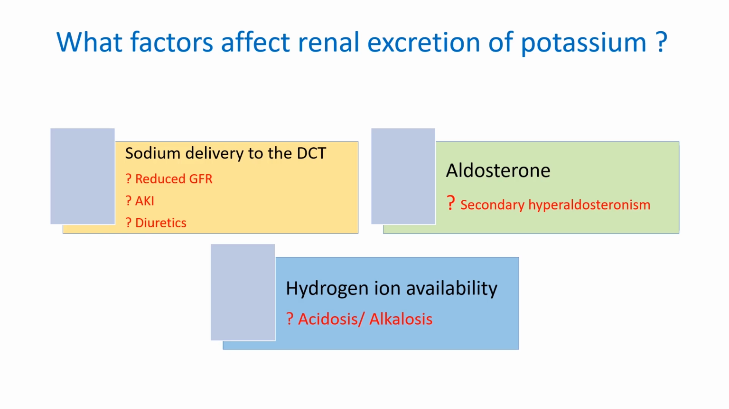The third factor I want to talk about is hydrogen ion availability. Remember I said earlier that anytime there is sodium reabsorption, it is done in exchange for either a potassium or a hydrogen ion. Now, the availability of hydrogen ion in circulation will determine which of hydrogen or potassium will be donated in exchange for the sodium. In a situation of acidosis, where there is a very large amount of hydrogen ion in circulation, the body will rather secrete or excrete hydrogen ion in exchange for the reabsorption of sodium,